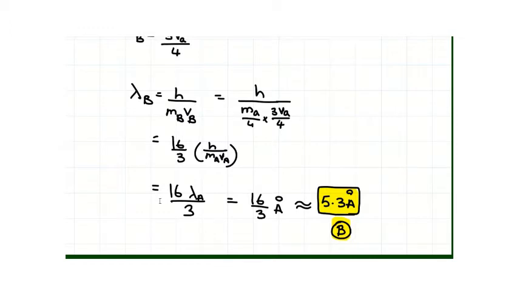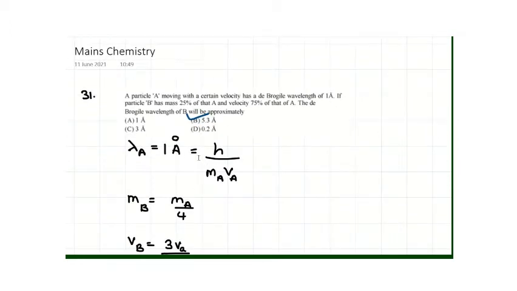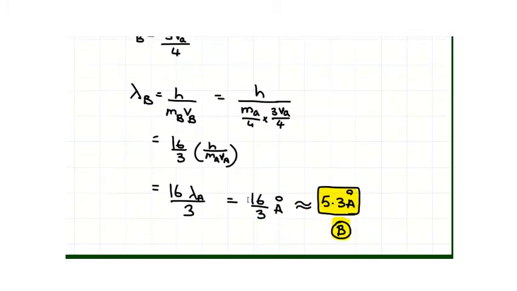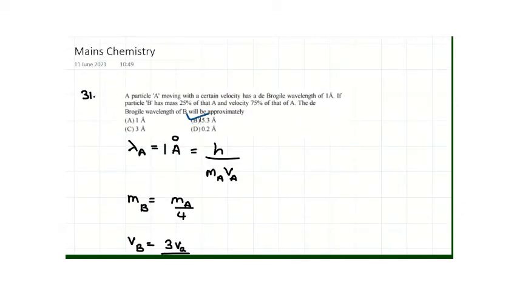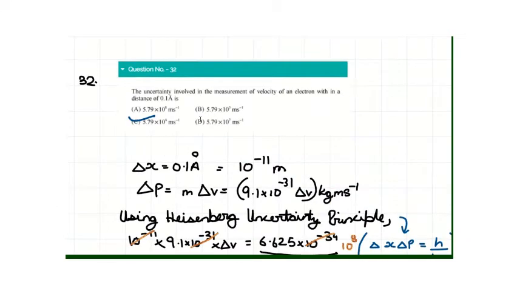H by mAvA, as shown before, is equal to the wavelength of particle A, which is 1 angstrom, and we get the lambda for B as 16 by 3 angstrom, which is approximately 5.3, and we get option B as the answer. In question 32, we need to use Heisenberg's uncertainty principle because we have to find the uncertainty involved